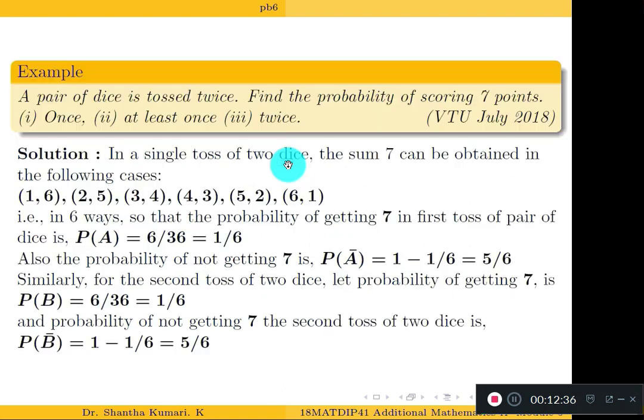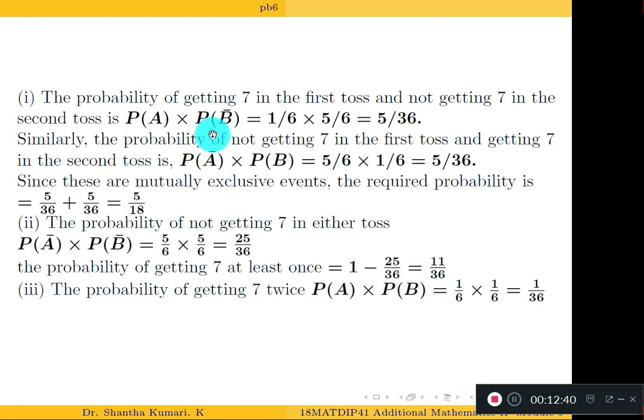And what is your second question here? At least once. At least once means either once or more than once. That's the meaning. So what is the notation for probability of at least once? 1 minus probability of none. So here I obtained the probability of none first, then used that answer here. You can use any order. Either directly write the formula and then calculate this.